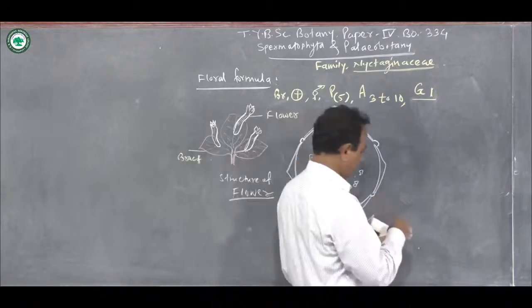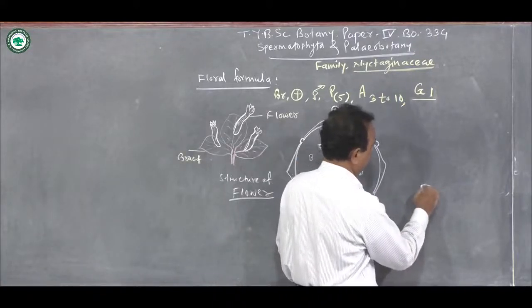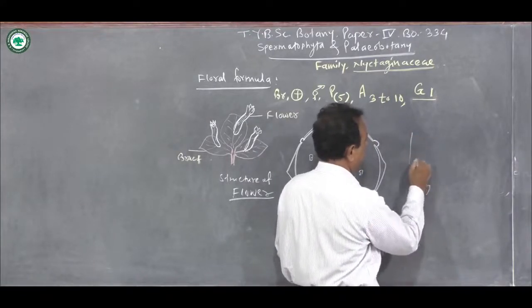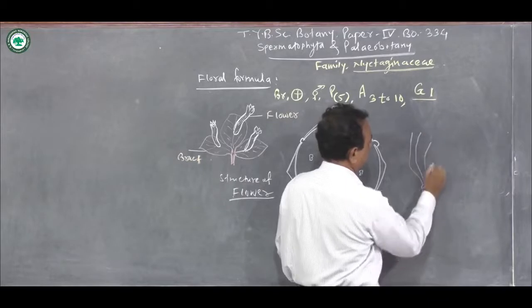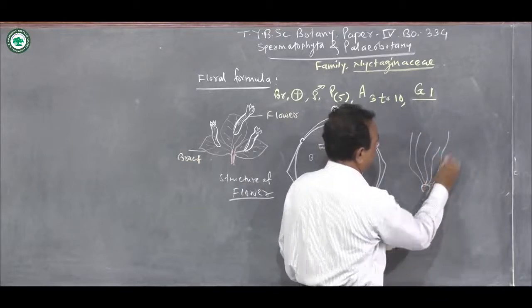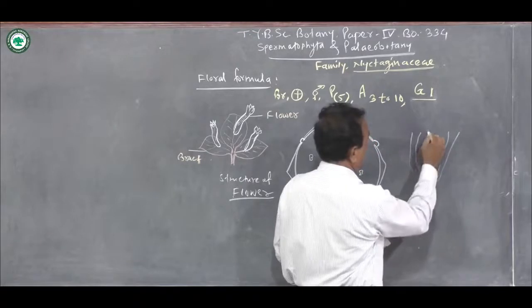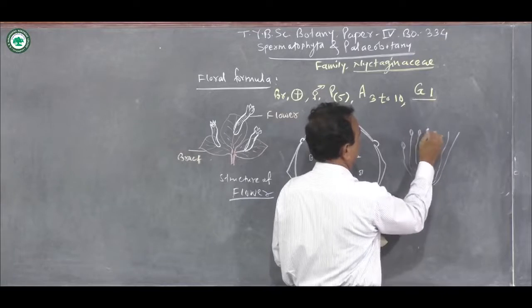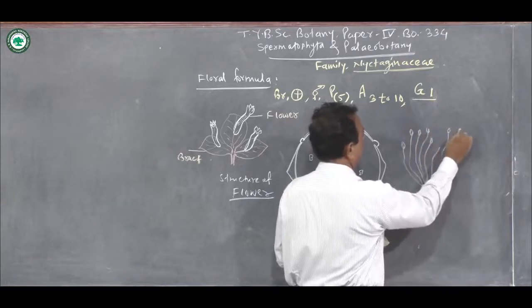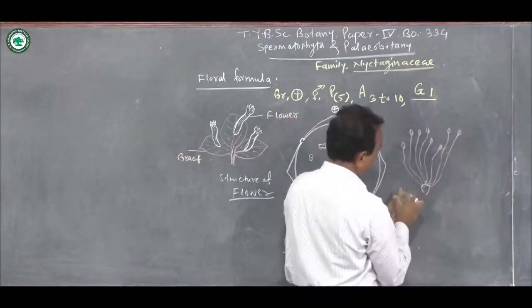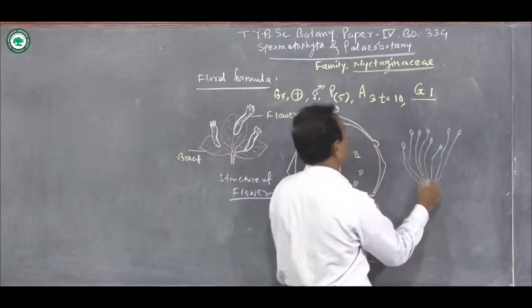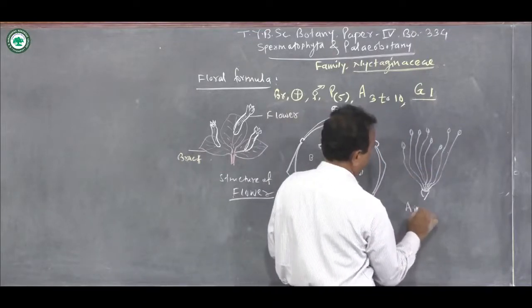Now, if we see the structure of the stamens in bougainvillea, the stamens are generally 8 in number, but they are present at unequal length, so they are not of uniform length, but all the stamens are attached at a point, or they are connate at the basal region. So this is the androecium,